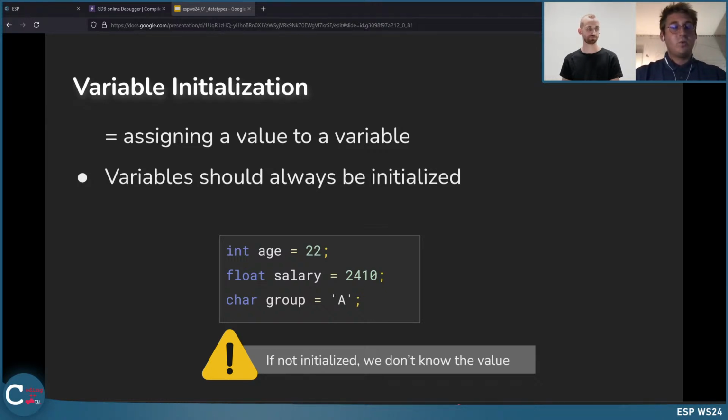It is unpredictable what will happen if we want to access a variable that has not been initialized yet. And also again, as you can see here, the initialization works like this: you declare your variable first, so we have the variable with the name age and the data type int, and assign a value. In this case, it's 22. And it's the same for other data types.